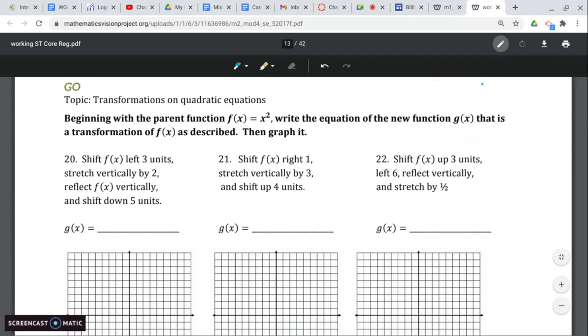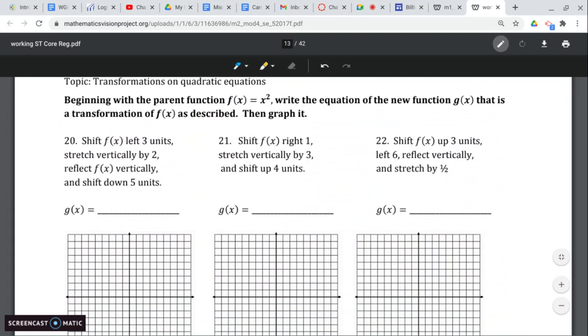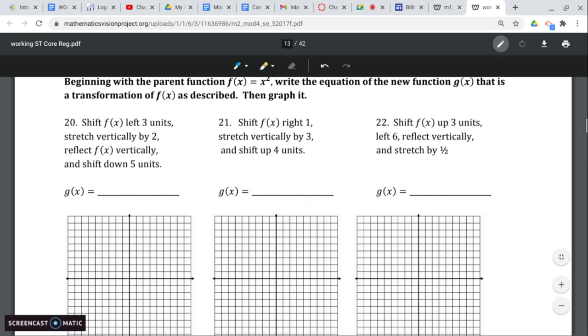All right, the last part, transformations on quadratic equations. Beginning with the parent function, f of x equals x squared, write the equation of the new function g of x that is a transformation of f of x as described, then graph it. So the one we are looking at today